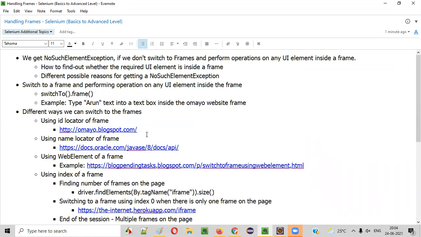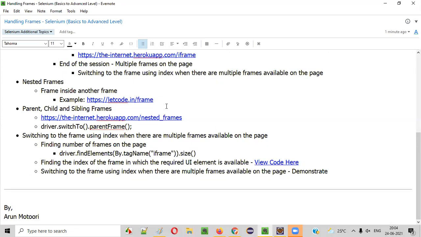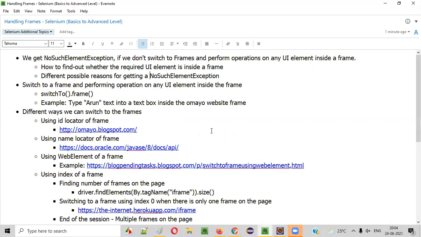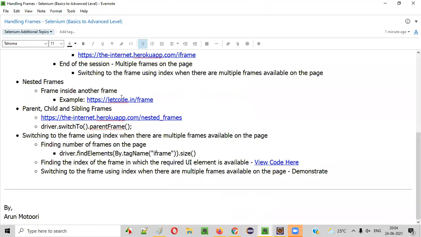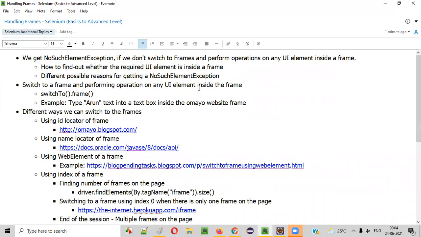That's all about this session, where I explained all the handling frames concepts from basics to advanced level, guys. Hope you understood it properly. If not, you can watch it again and again and try to practically solve the problem as I'm explaining in the session. Definitely we'll be able to achieve the results. I provided almost all solutions for handling the frames in this session. So that's it, guys. Thank you. Bye.